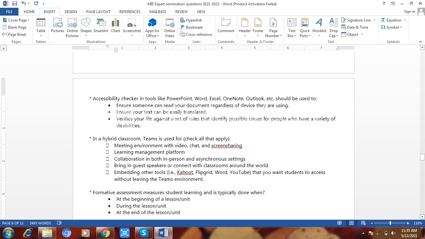Multiple choice, I selected this one. When using OneNote, students can create their own practice math assessment with Forms that will show them if they got the correct answer. Yes, of course. Now we click here.